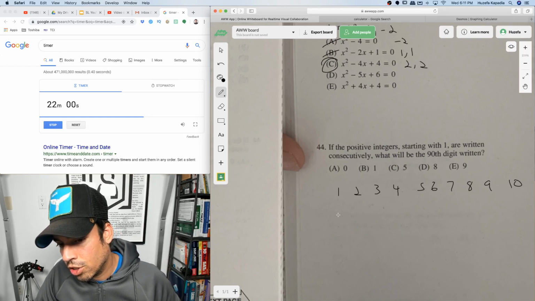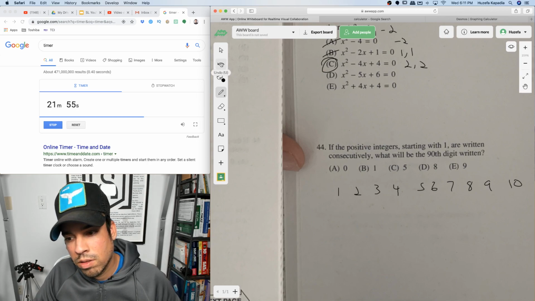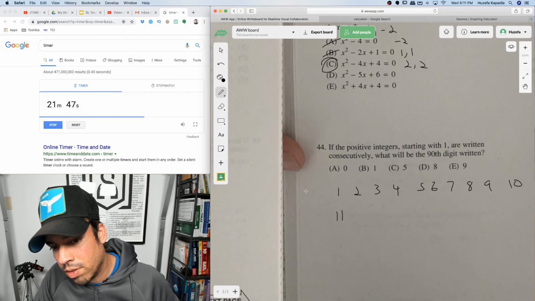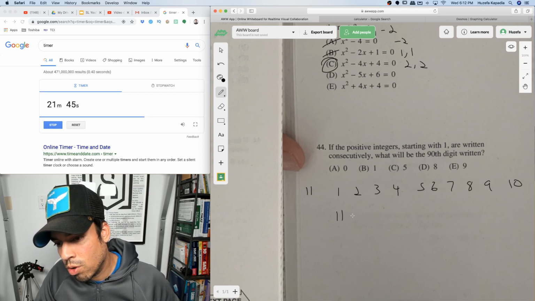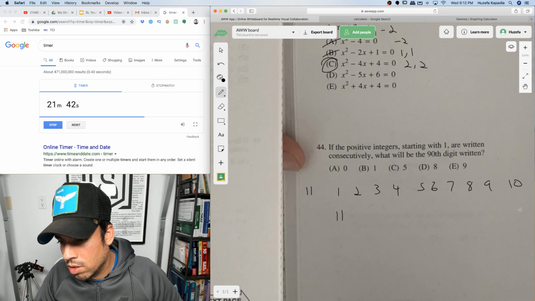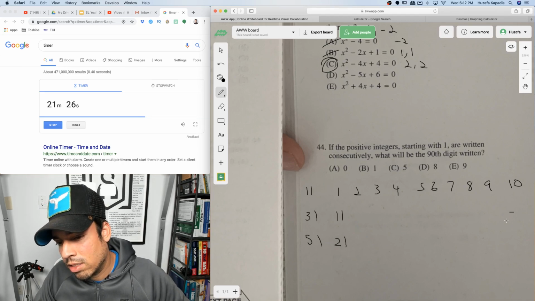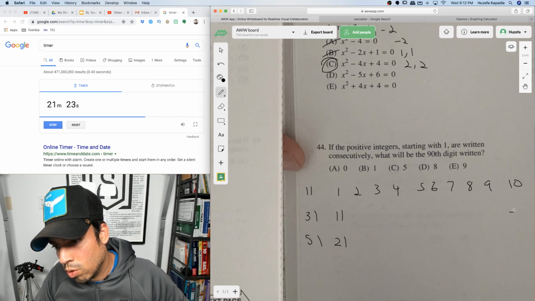It's the 11th digit. Okay, so here we have the first 11 digits. The next row, everything will be 2 digits times 10, so that will be another 20, so this will be 31 digits. Next row will be 51 digits. Next, and like I'm saying, the last digit will be 31. Here, the last digit will be